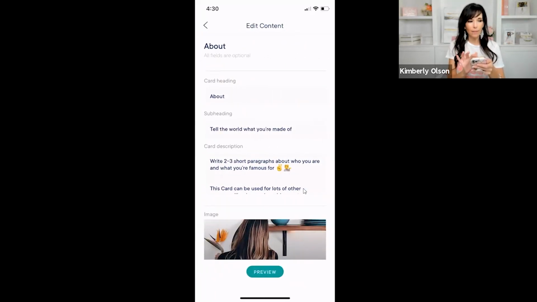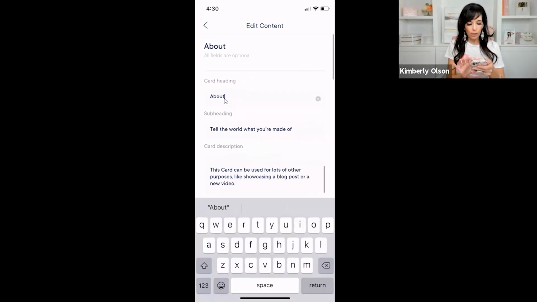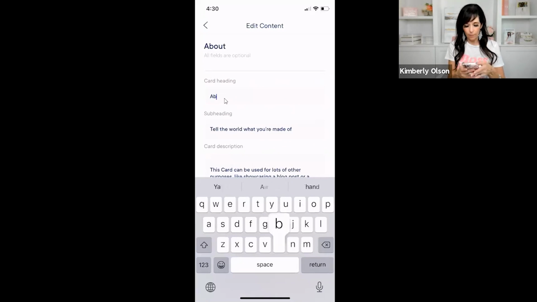We've got about at the top. This is so we know what card we're talking about. This doesn't necessarily show. Right here where it says about is for you. Card heading about will show. And then the subheading is gonna also be listed out, okay? So you just click on it. Let's just say we're gonna call this about me. Tell the world,